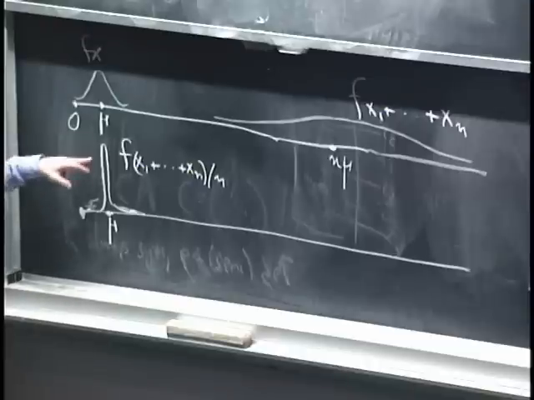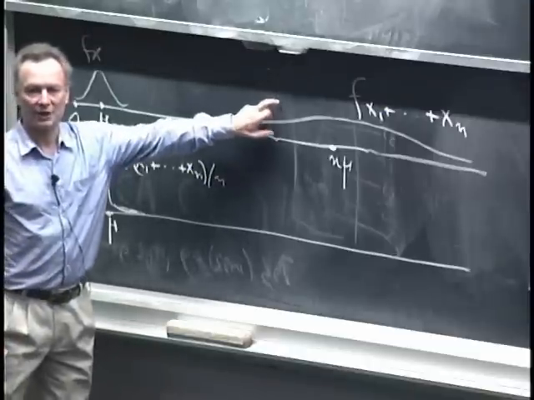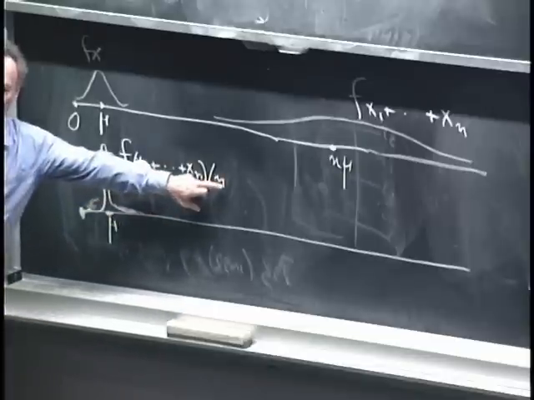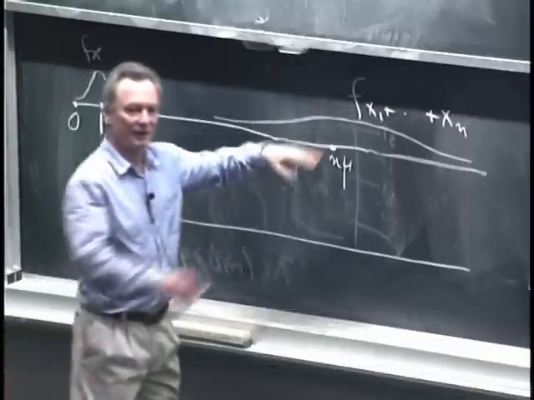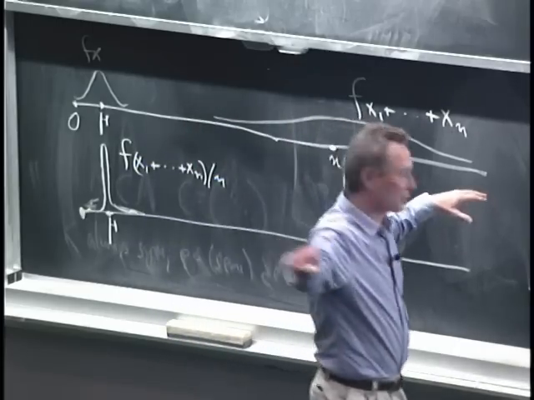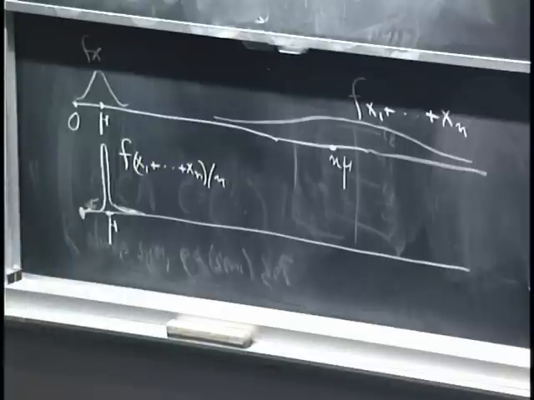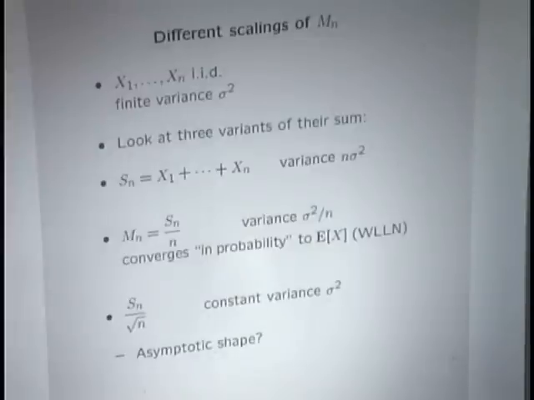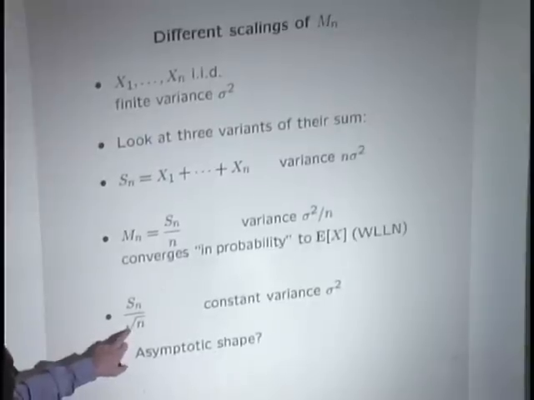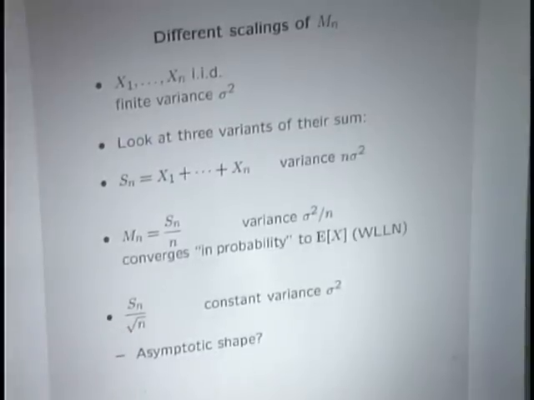So these are two extremes, no scaling for the sum, a scaling where we divide by n. In this extreme, we get a trivial case of a distribution that flattens out completely. In this scaling, we get a distribution that gets concentrated around a single point. Can we look at some intermediate scaling that makes things more interesting? Things do become interesting if we scale by dividing the sum by square root of n instead of dividing by n. What effect does this have?